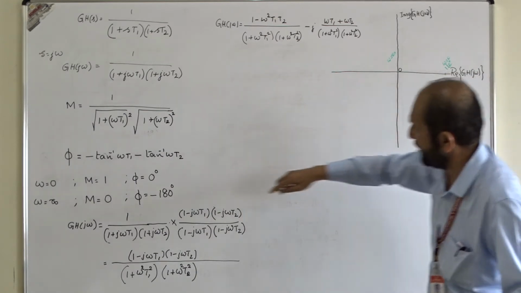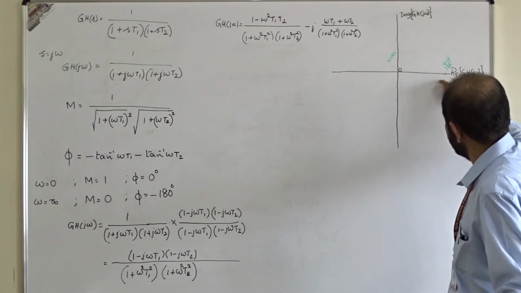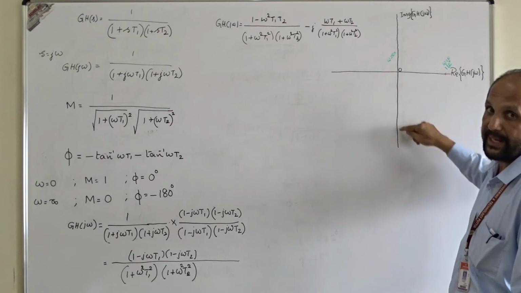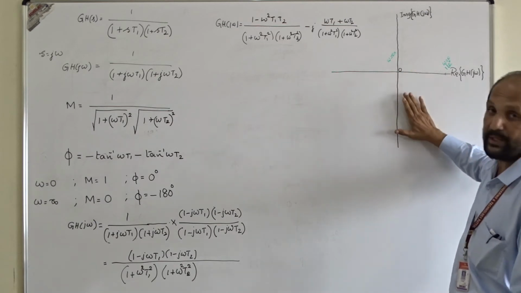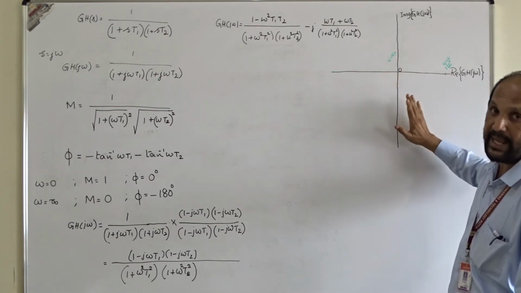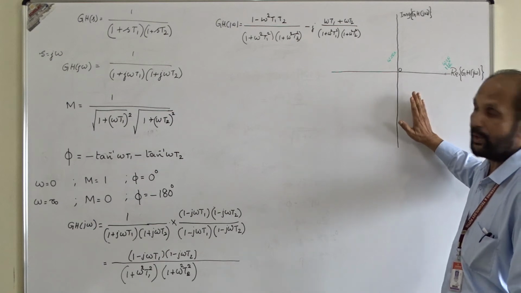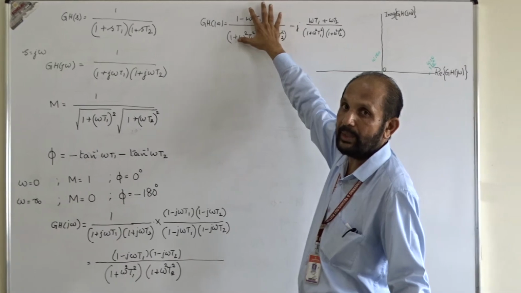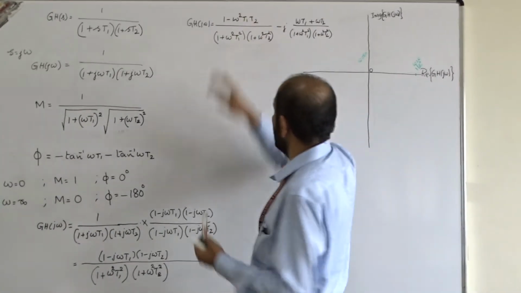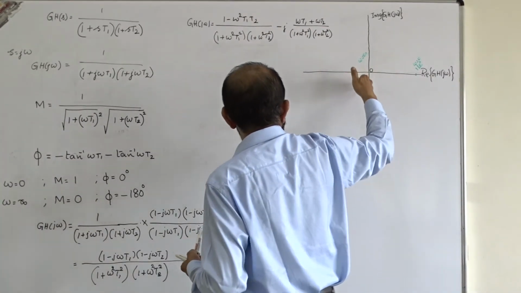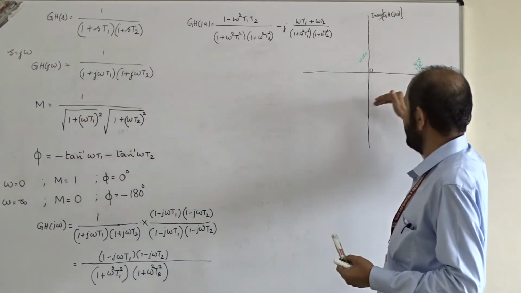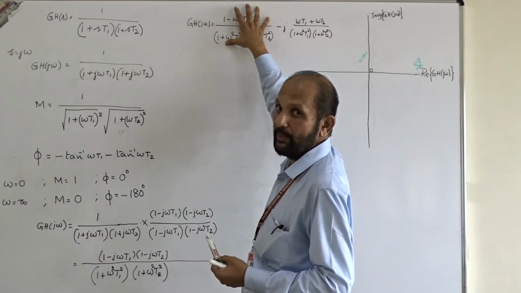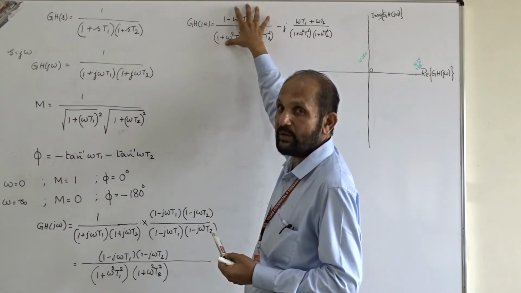So it goes towards the negative axis as omega increases, so it has to go in this region. While going, it has to cut the negative imaginary axis. Imaginary axis means, you take any point on the imaginary axis, the real part is equal to 0. So you equate this real part to 0, because I want to find where the plot intersects the imaginary axis, and on the imaginary axis the real part is always equal to 0.